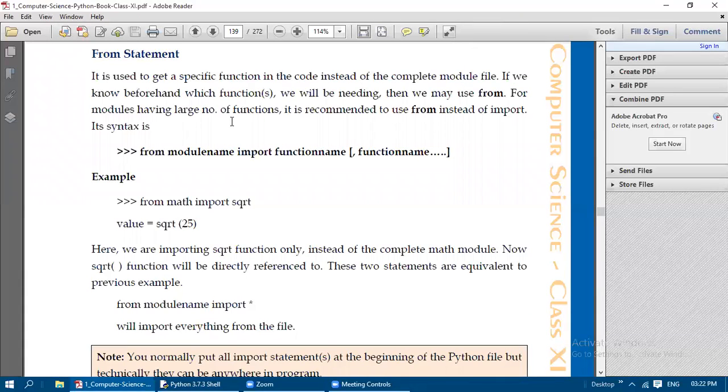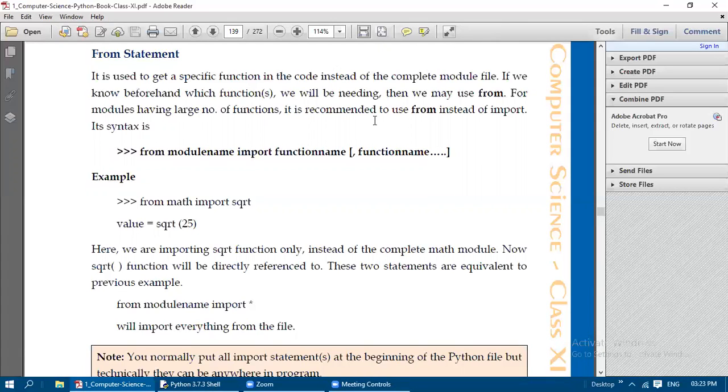If we know beforehand which function we will be needing, then we may use from. The from statement is going to be used when we know the function name already. For modules having a large number of functions, it is recommended to use from instead of import.